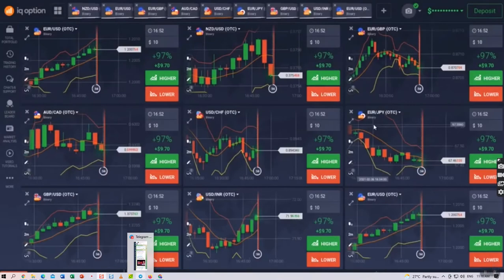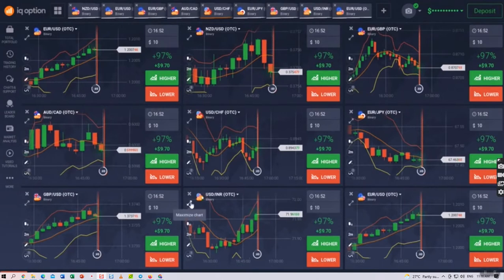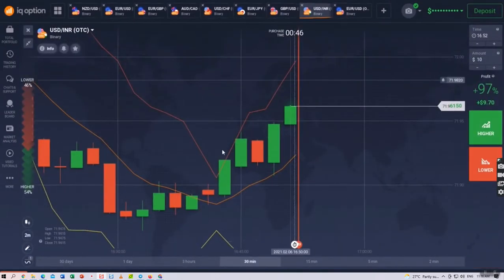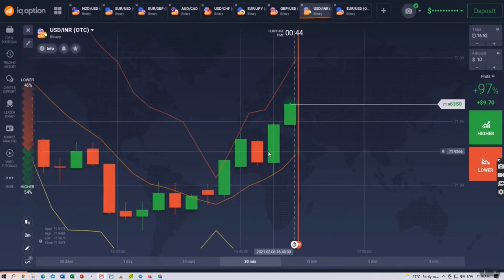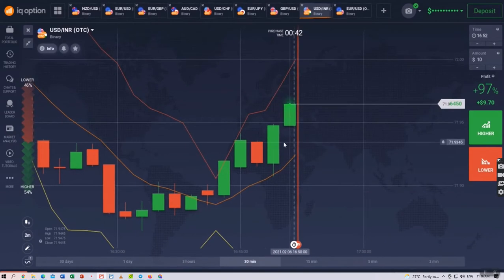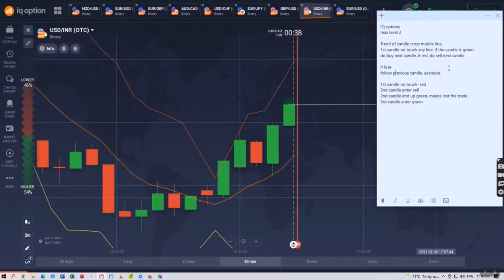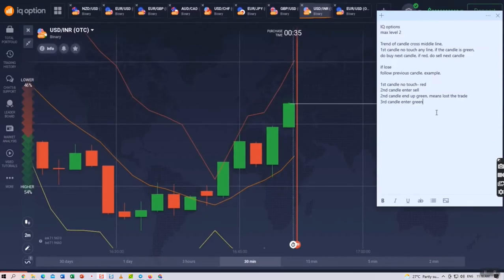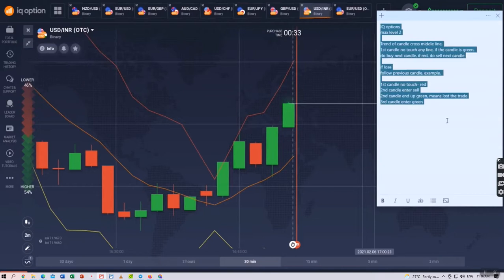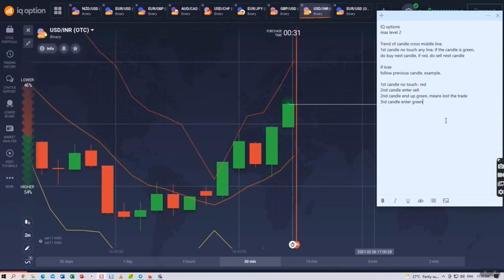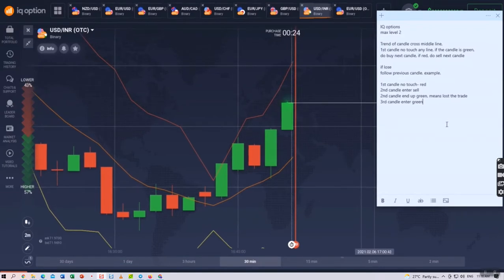Okay, so I hope so far so good to understand this really very simple method while waiting for USD INR for our level 2 profit here. Let me go through the method with you again. I'll turn this into a downloadable resource, which will be at the side of the course lecture resources button. Please download it and go through it over and over again. It's very clear cut, very simple.